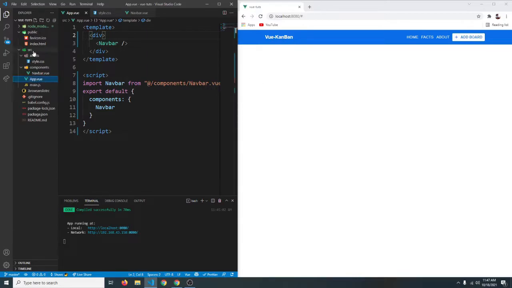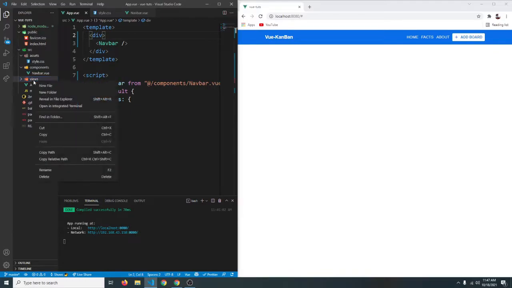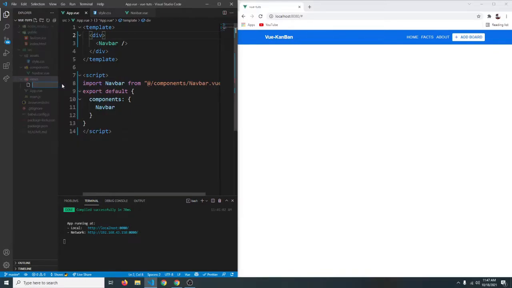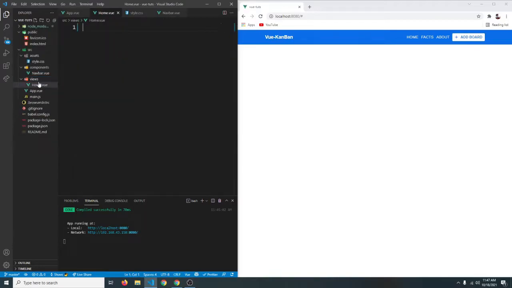Okay, so we are going to create a folder called pages or views. Views is basically like the folder for pages, so like so. Inside that we're gonna have 3 components, one component for each page. So we're gonna say home.view. We are going to have an about page, so we're going to say new file about.view for about page. So a page is just like component, so new file, and finally we have facts.view